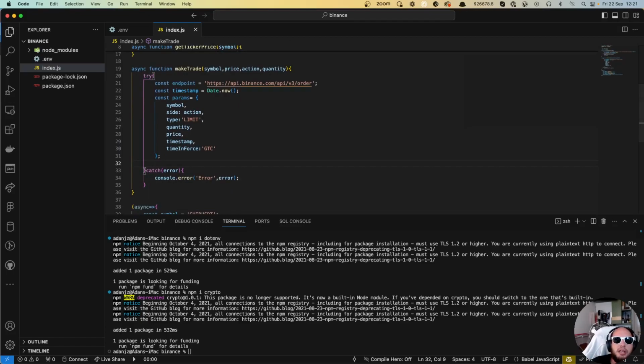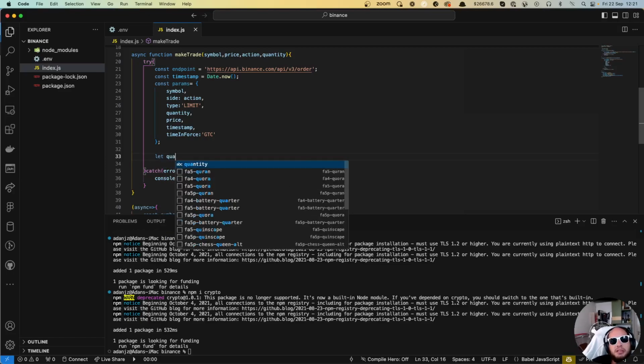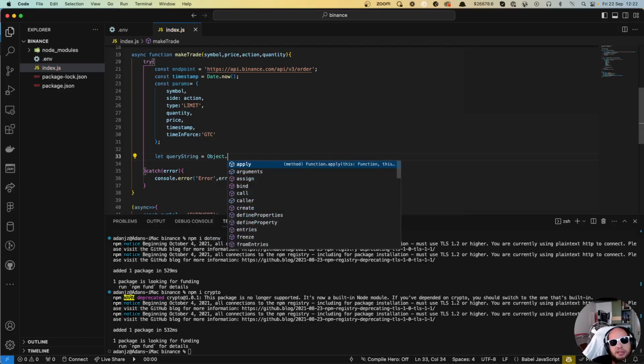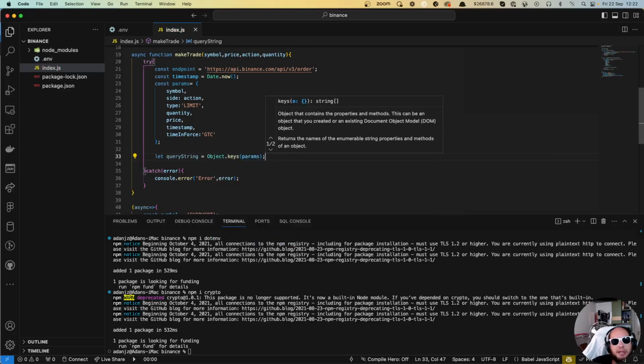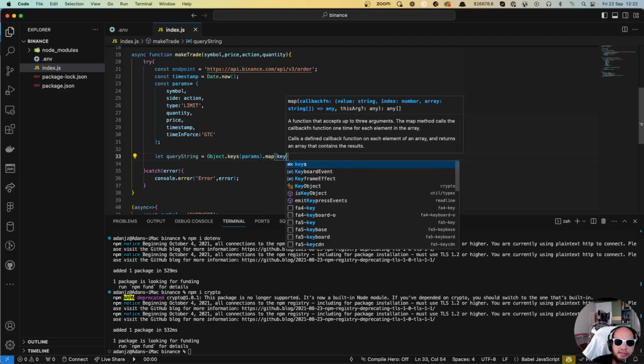below. So what we need now is we need to create the signature for the request. Okay, so first we're gonna need to create the query string map. So we're gonna do the query string. It's gonna be because instead of sending this via body, we will send it in the URL. Okay, so object dot keys of the params, and we're gonna map that, and we're gonna do the key